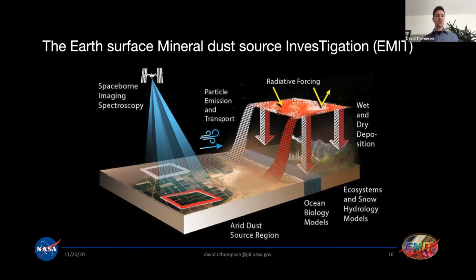It's really the composition of the mineral dust that governs its ultimate impact on radiative forcing. And that's really the big uncertainty in Earth system models right now that are trying to model dust impact. So we'll be looking both at dust forming regions, and we'll also be looking at areas adjacent to dust forming